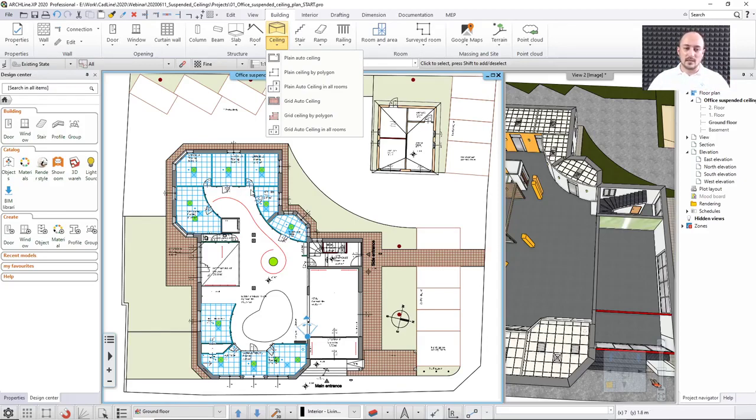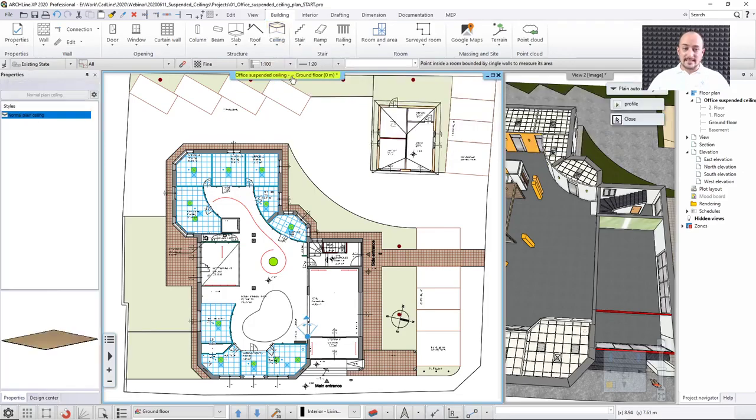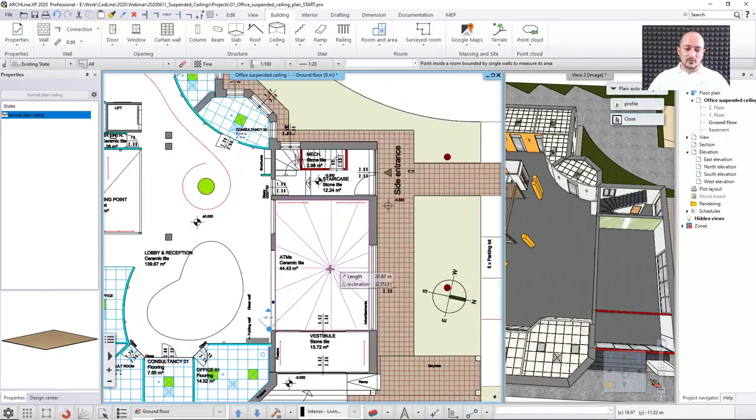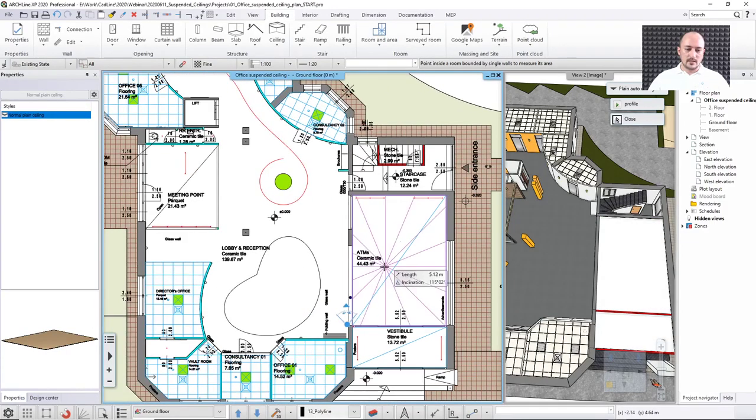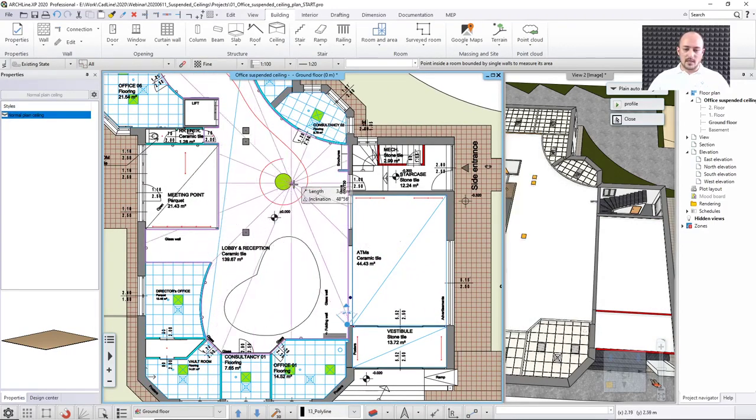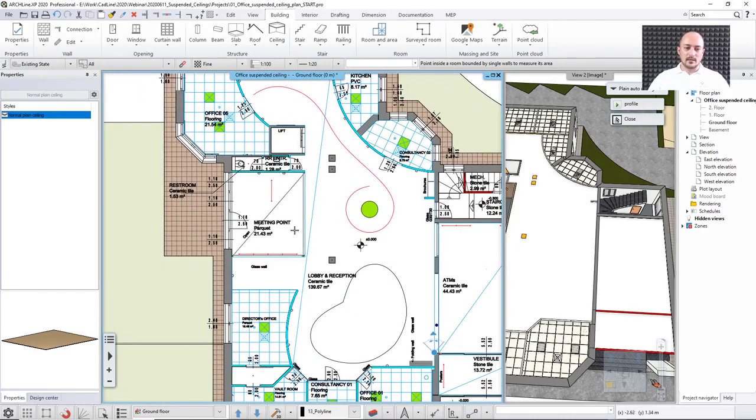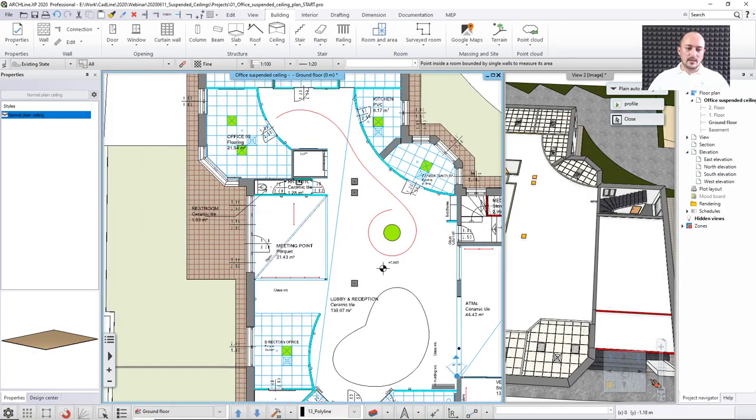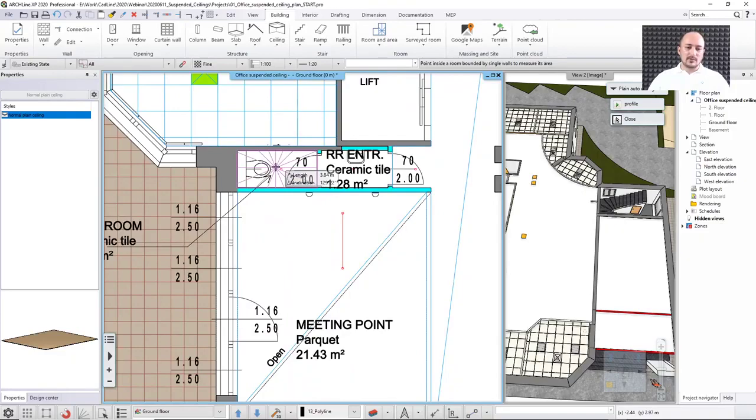So the software won't tell me that I cannot place a ceiling in a room where I already have one. So I will go with the plane auto ceiling, and then I click into the rooms where I would like to place it. I would like to place one here and another one here. I will cover this whole area with a big one. Also this meeting point. And then I will place one in the restroom and restroom